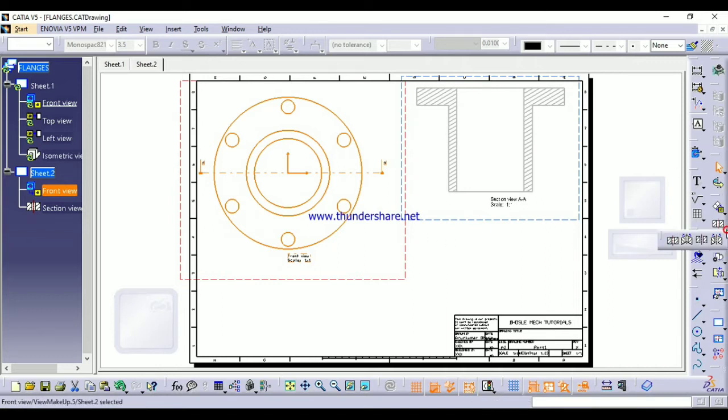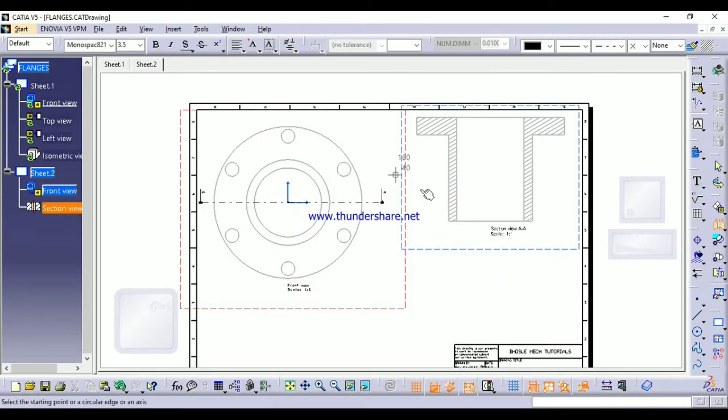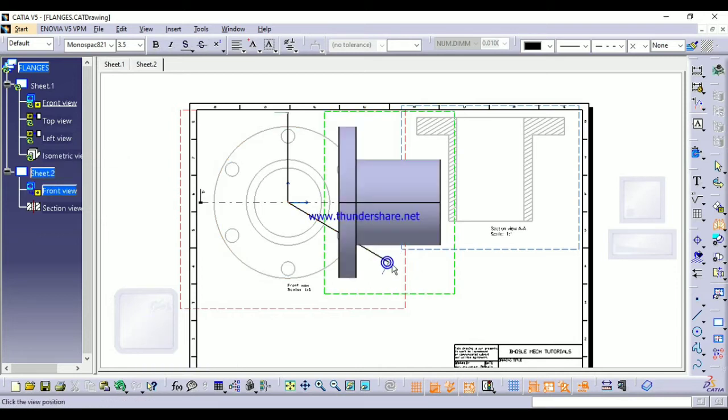Now let us see this aligned section view. This aligned section view command we normally use to get circular sections like this only. Double click.